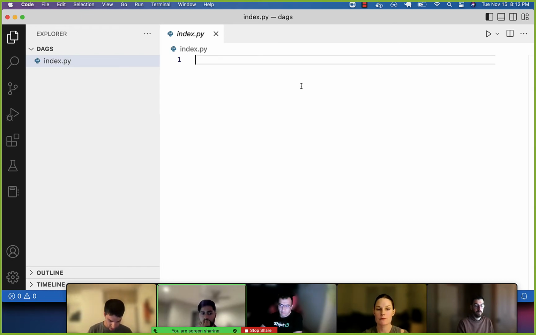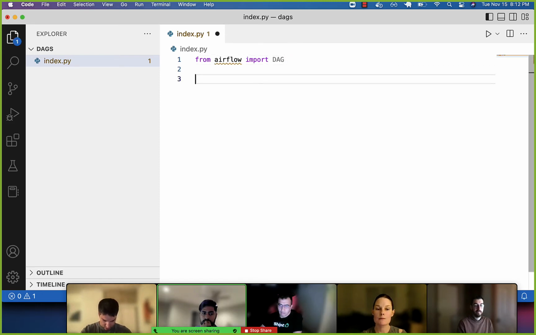So the first thing that we can do, we're going to use an Airflow library. So from airflow import DAG, D-A-G, I think it's all caps. Yeah. And then the next thing we'll do is we need to give our DAG, the first argument is just